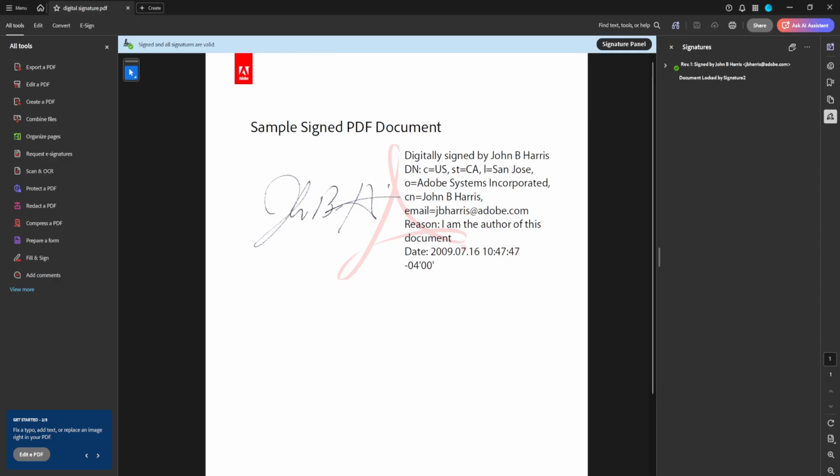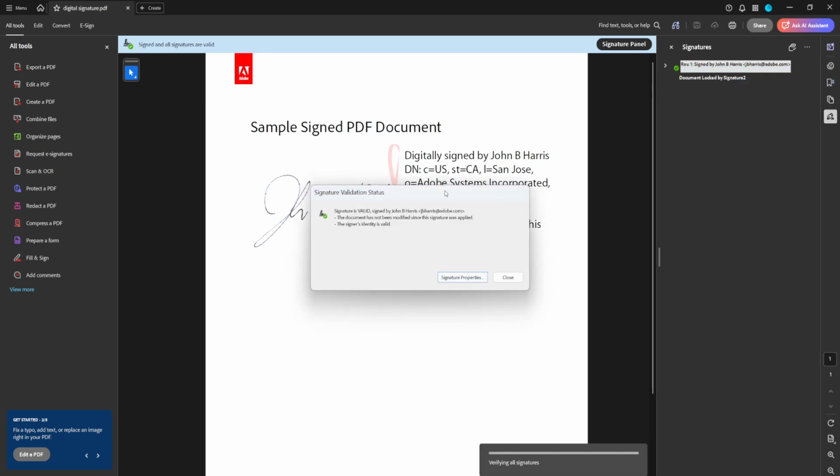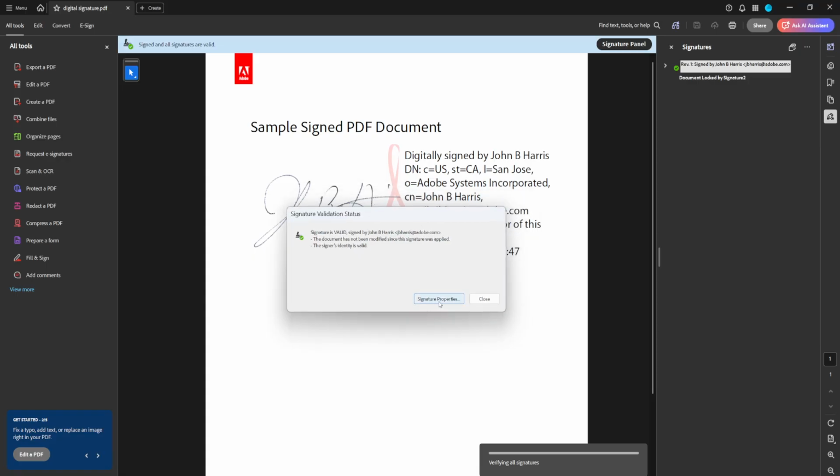Now it will open up this menu here. Now what we are going to do, we will click right here on this one with the right click on the mouse and then validate signature. And you have also, yeah, so validate signature. Now what you are going to do is here signature properties, click on it to view